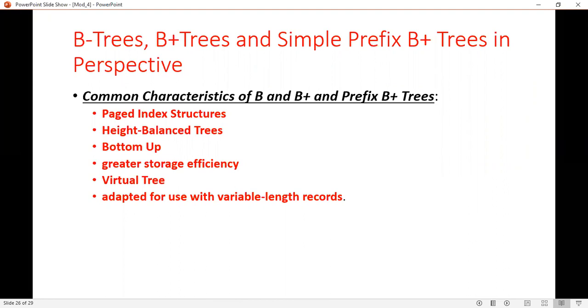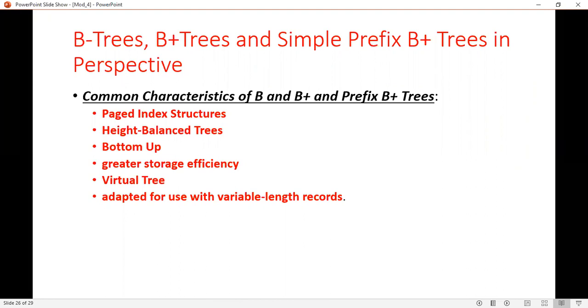That is these B trees, B plus trees and simple prefix B plus trees we have discussed in our third and fourth module, right? Now we will see how they compare, what is the difference and what are the common characteristics of these trees.